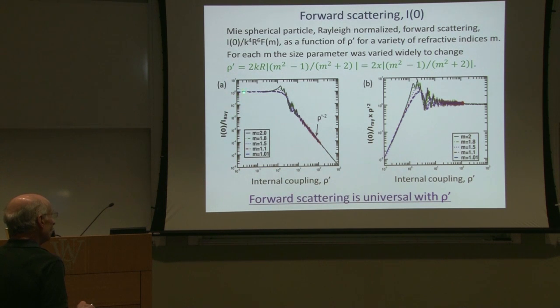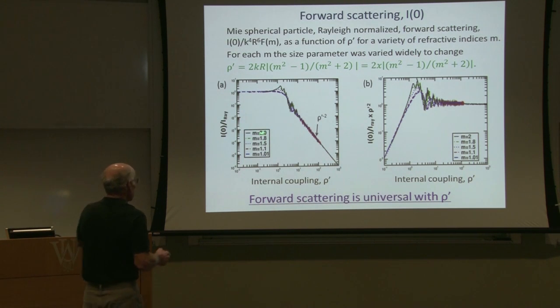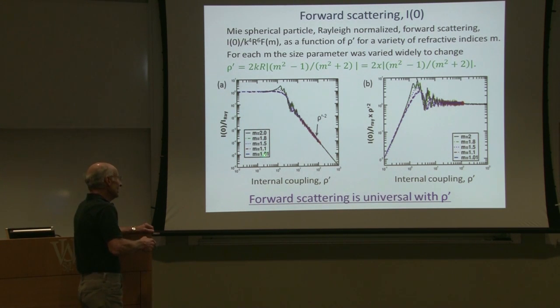When it's small, the scattering is identically equal to Rayleigh scattering. As rho prime goes through 1, some oscillations occur, as big as a factor of 3. And then at large rho prime, an inverse square rho prime functionality develops. Now let me stress that this is for refractive indices ranging from 1.01 to 2,